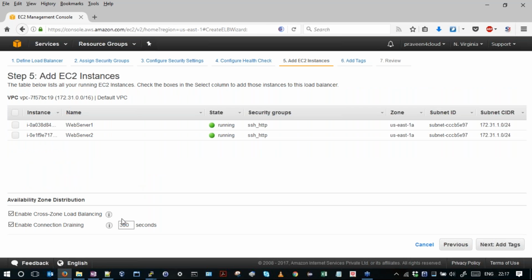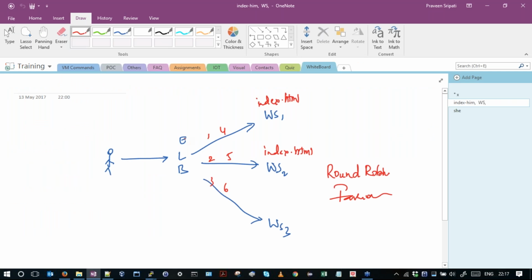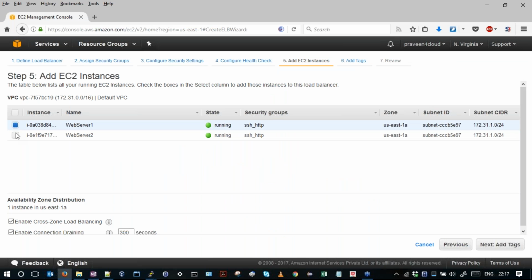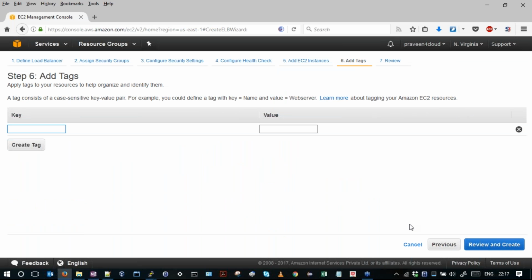In this screen, we can associate the web servers with the load balancer. Otherwise, how will the load balancer know to which web servers it has to send the request? So here we are associating them. Then we can add tags.